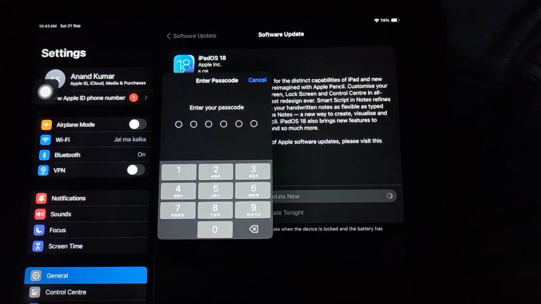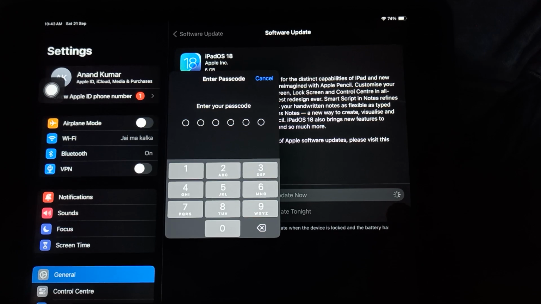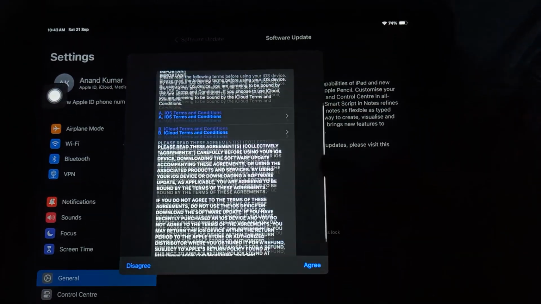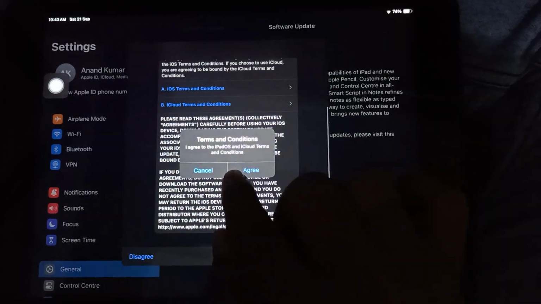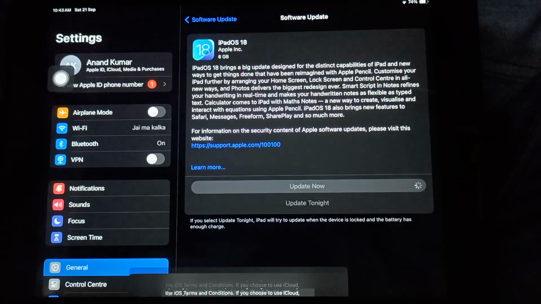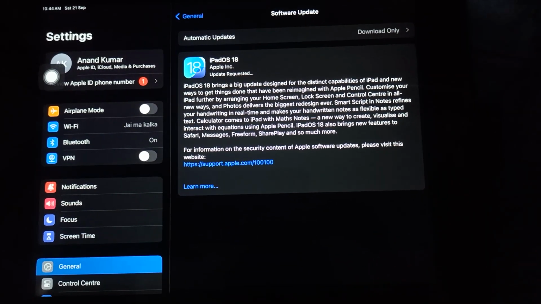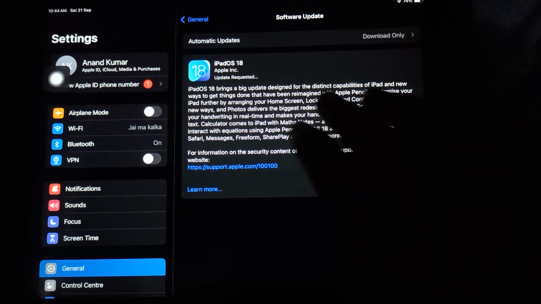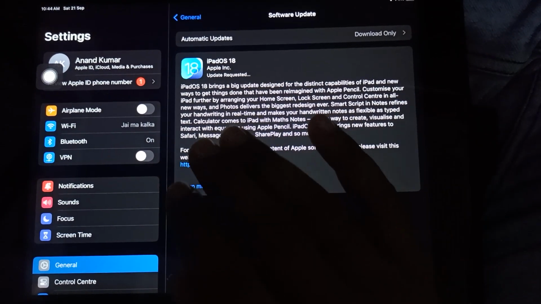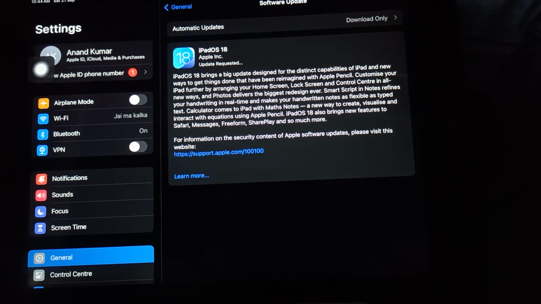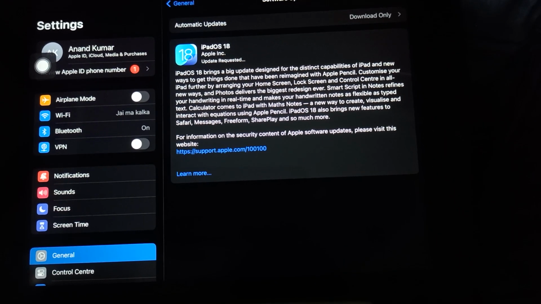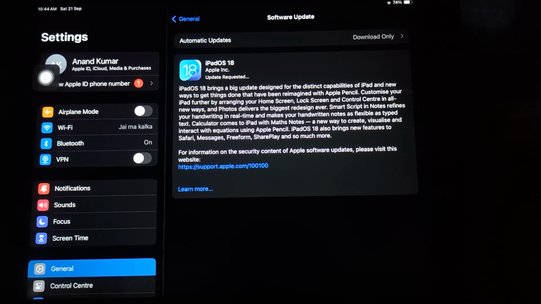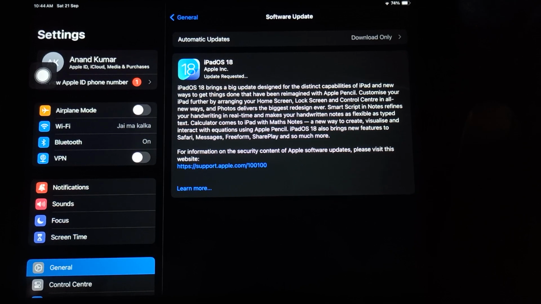Just tap on Update Now and just confirm your password. And now it will ask you to agree to update. Just tap on Agree again, and the downloading of the update will be started. So right now the request for the update has been sent. So once the download completes, it will automatically restart your iPad and your update will be